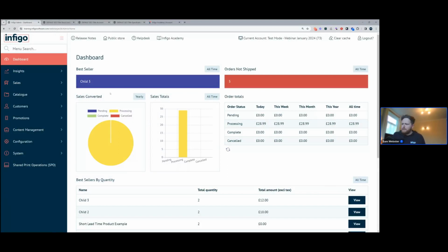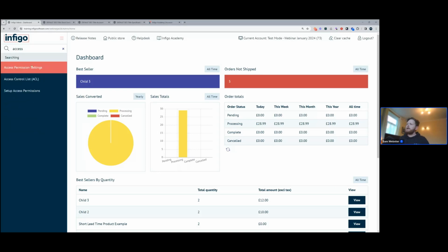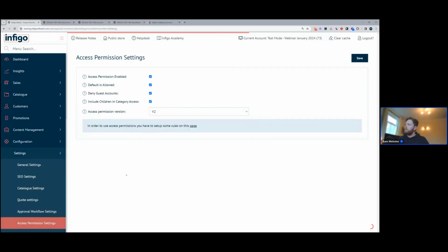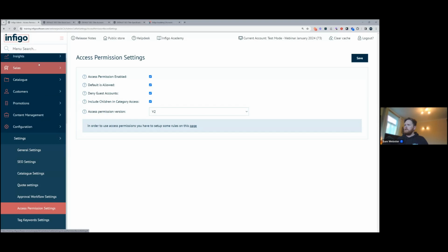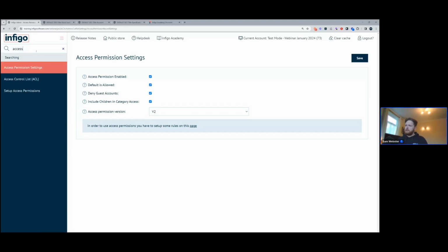Now, in terms of how you actually specify this, if I go to access permissions, because it is in the same area. Access permissions is a big topic in itself that warranted its own webinar a while back, so I won't go through all of these. And there are loads of resources available on that if it's a new topic to you. However, if I go to set up access permissions,